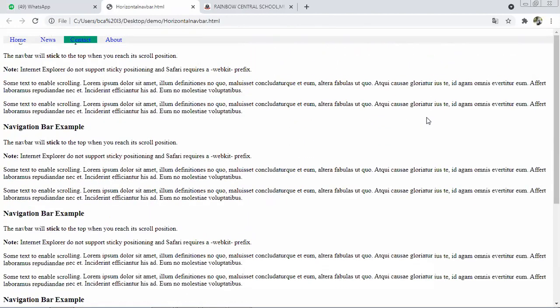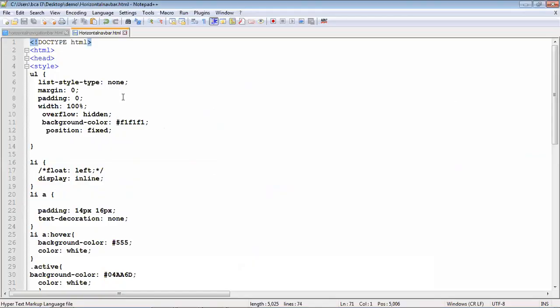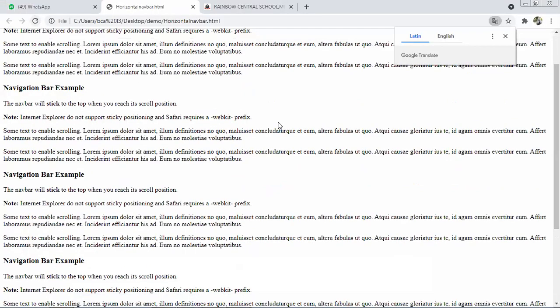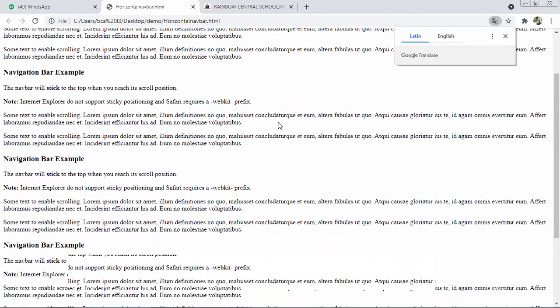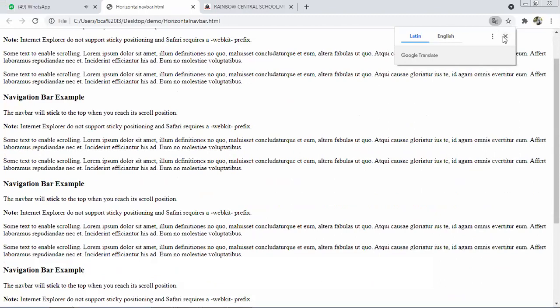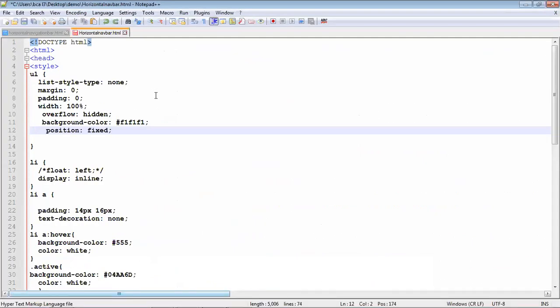If you do not use position fixed, the menu bar will go up when you scroll down. I will refresh. See, when you scroll down, the menu goes upside. That should not happen in any website, so we have to give position fixed. Remember this one.